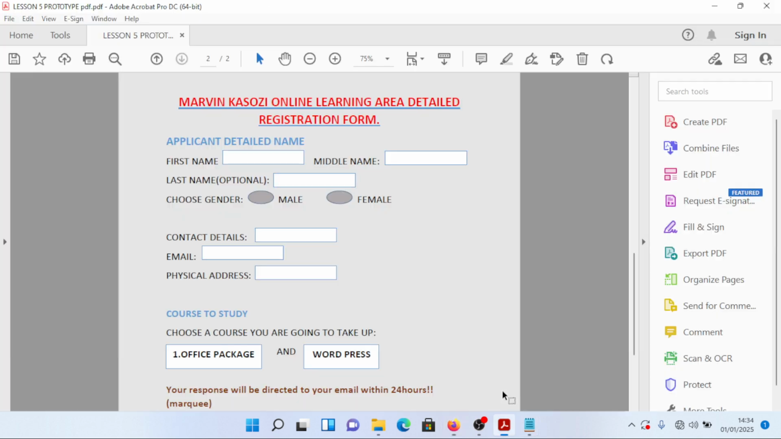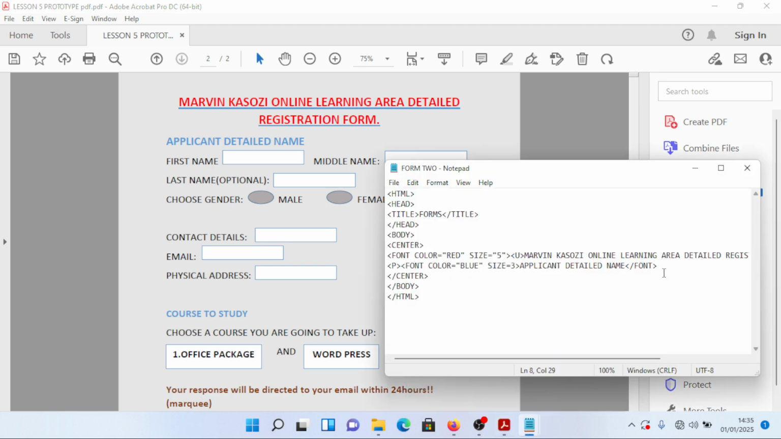Now back to the prototype. After applicant's detailed name, those are just forms that are created from first name, middle name, last name. They're just forms, and I've just created them in the first page. So it's what I'm going to go to in this page. So first name is the first form, then middle name is the next form. So what I'm going to do is I'm going to type